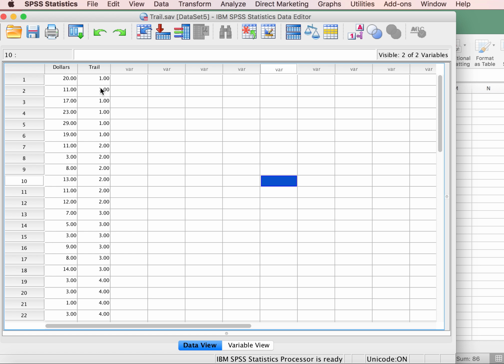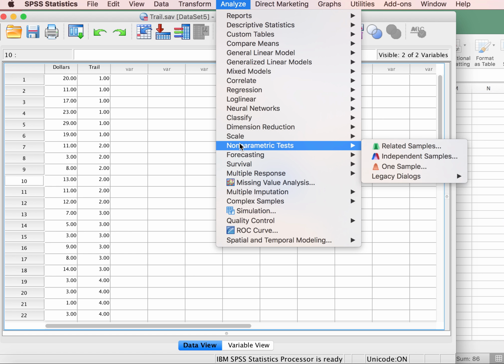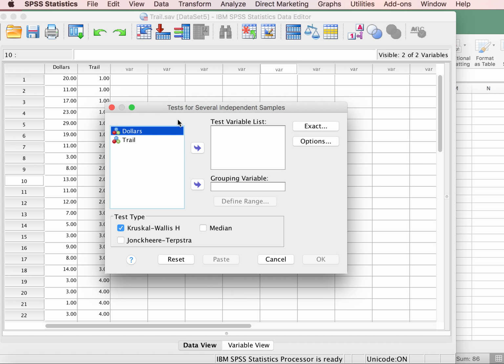So in order to conduct the Kruskal-Wallis test, we're going to go to Analyze, Non-Parametric Tests, Legacy Dialogues, and in this case we have 3 or more independent samples, so we have K independent samples. Test for several independent samples, and this looks very much like the dialog box that we had for the one-way ANOVA. On the test variables list, we put our continuous variable there, and then under the grouping variable, that's where we put